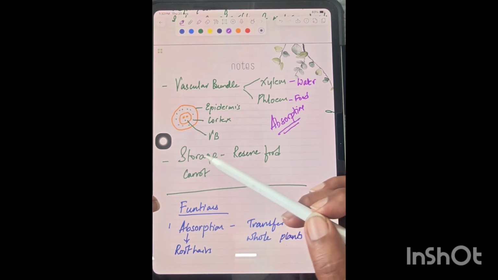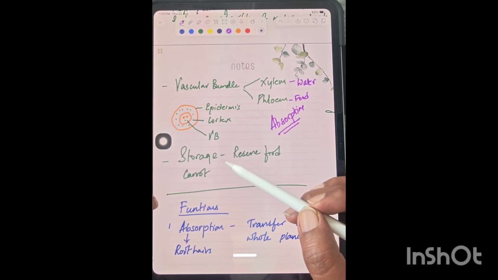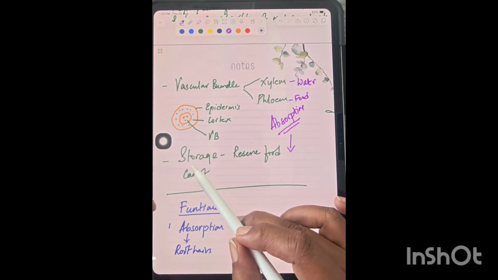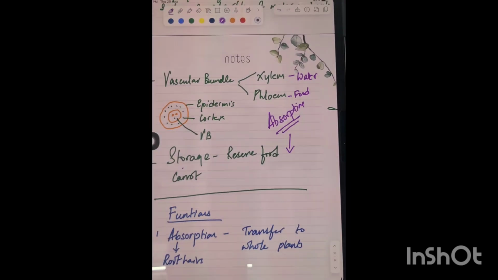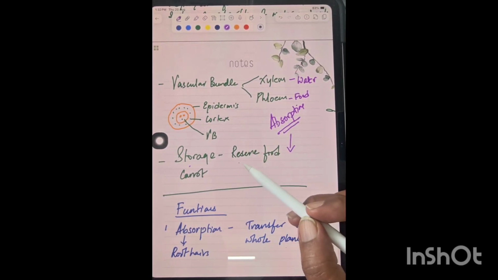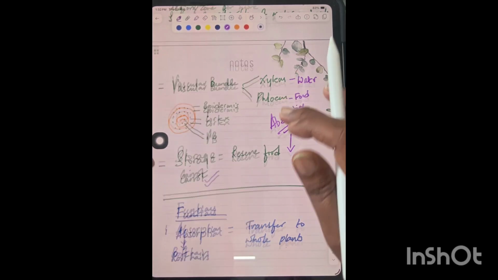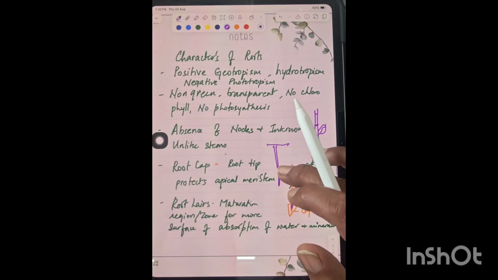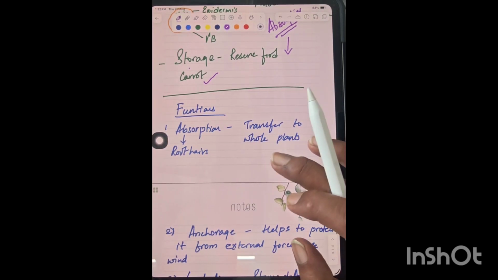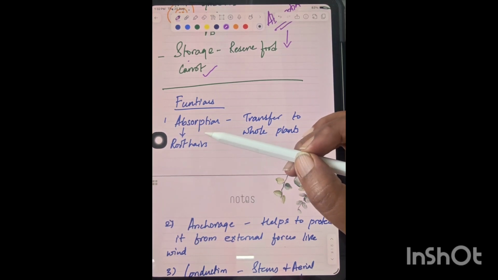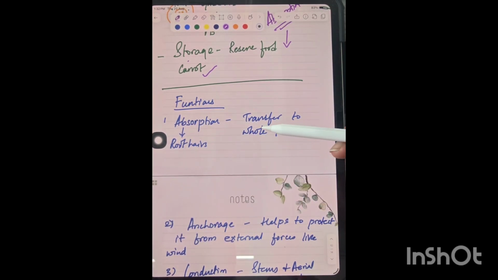Plus, when roots are present in plants, it is not just for absorption. Some roots perform the function of storage also, like storing the reserve food material, for example in the carrot you will find. So these are the main characters of the root. Now we will see the functions of the root. Function one, the first most important function, is absorption by root hairs, which it transfers to the whole plant,